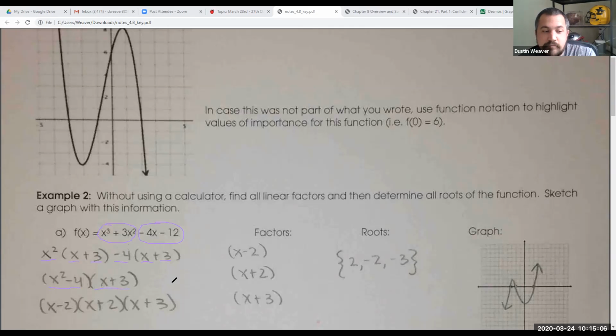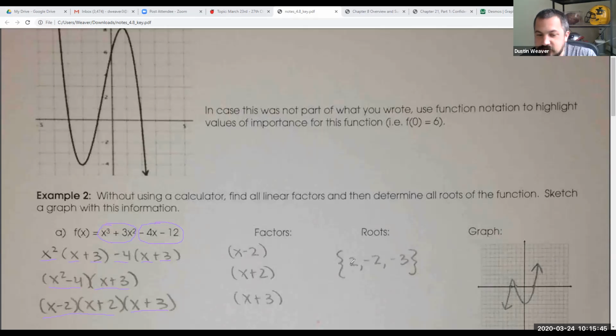Now, x squared minus 4, if you want to know what that is, x squared minus 4 is x plus 2 and x minus 2 if we factor it. If you remember, x squared minus 4 is called a difference of squares, which means you would say a plus b and a minus b. So you would ask, what's the square root of 4? We would say that's 2. So you would say x plus 2 and x minus 2. And then we just write down the x plus 3. So those are our factors, x minus 2, x plus 2, and x plus 3. Those are almost called our answers.